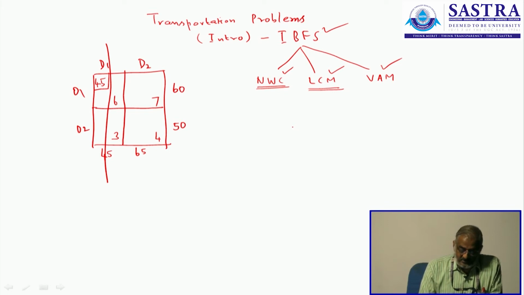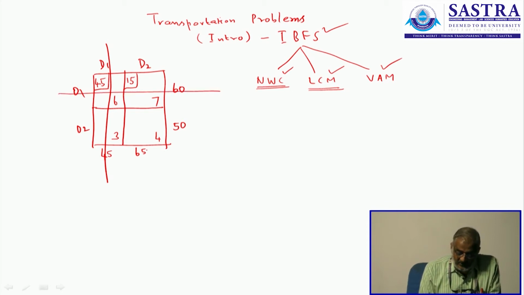Next, the destination D2 requires 65 items. Now the next northwest corner is, north is that, west is this. Since we have moved to this, the next northwest is this. These two cells are crossed, and northmost is D1 D2, westmost is O1, whereas this cell is already filled. So the next northwest is this only, where the demand is 65, but supply is 60 minus 45, which is 15 only. So 15 units are to be filled here, for which the supply is over, 45 plus 15 is 60, so I cross this.